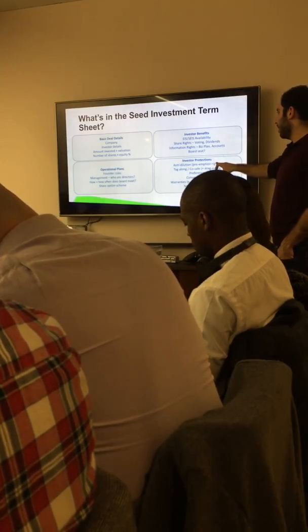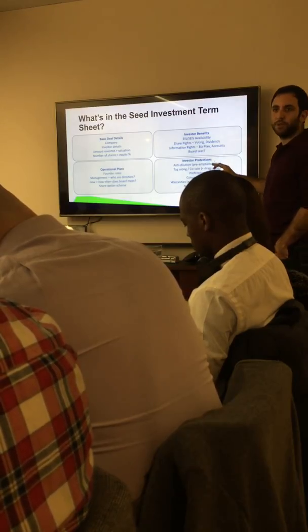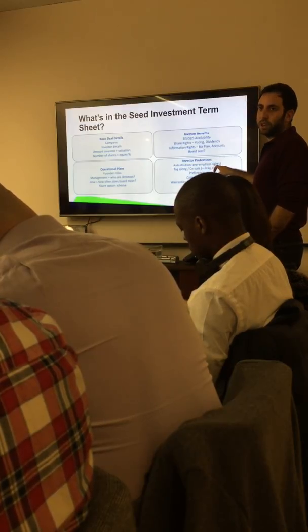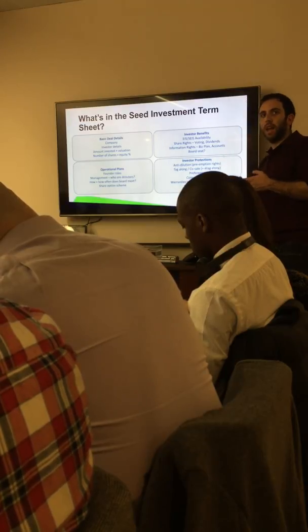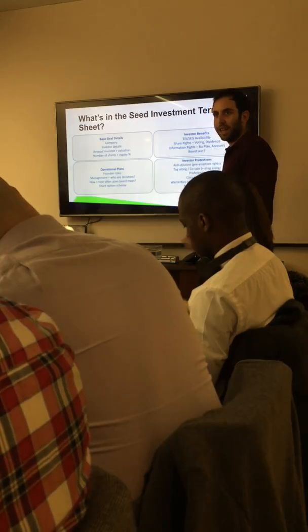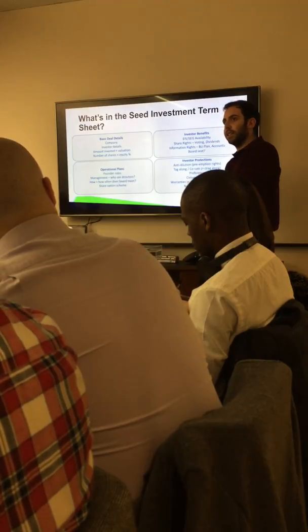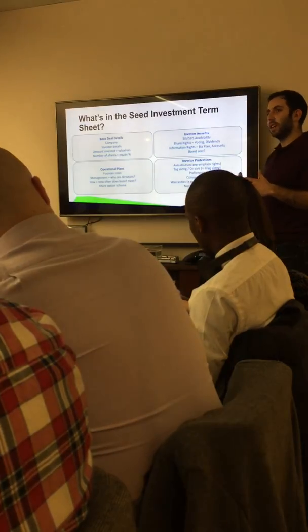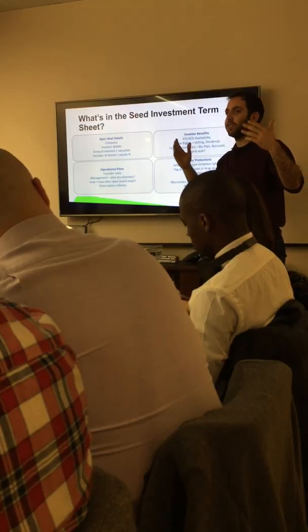So a preemption right is a confusing name. I think the better name for it is just a right of first refusal. So there's two things that a preemption right or a right of first refusal applies to. One is a transfer of shares, and one is an issue of shares. So transfer of shares is where you are selling a number of shares in the company to someone else, or transferring them as a gift, but there will still be the same number of shares in the company after you've done that transfer. An issue is where you're issuing new shares that are coming into existence from nothing, and